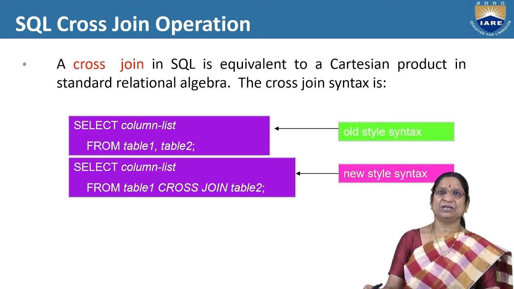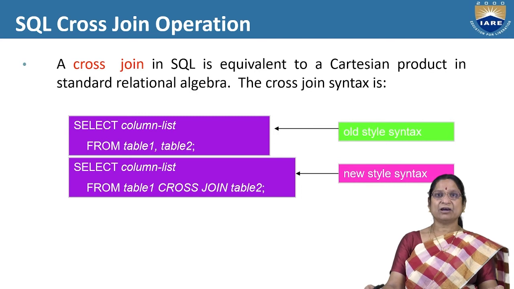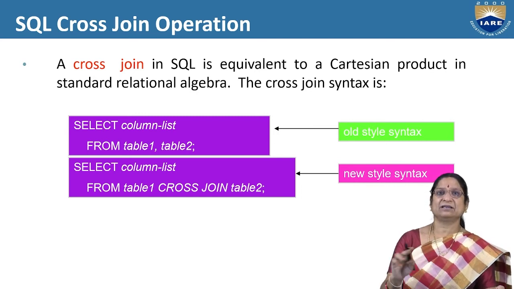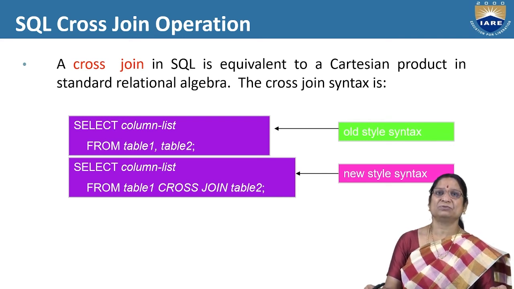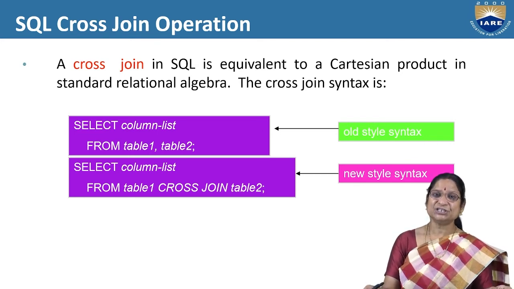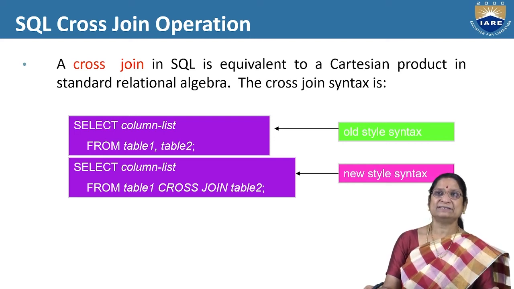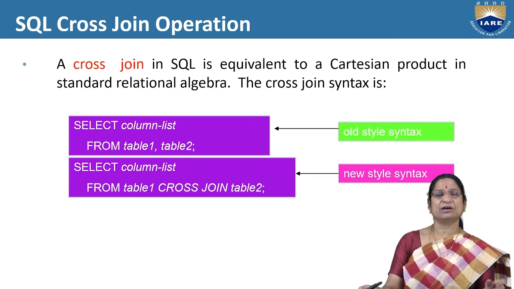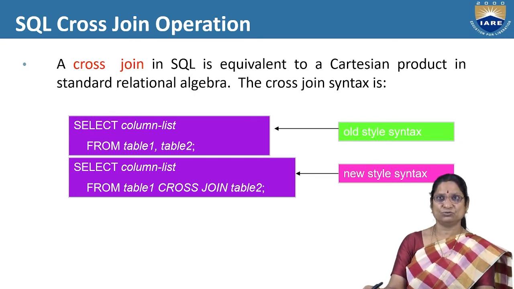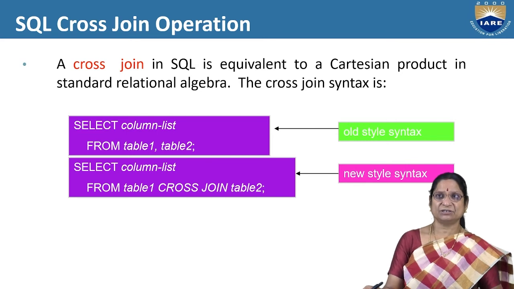Without a join condition also we can do. Already we discussed the Cartesian product in relational algebraic operations. Cartesian product means each row is connected with each row of the second table. So m rows of the first table and n rows of the second table means m times n rows we are going to get as an output when we are using Cartesian product. No filtration, all tuples are going to be retrieved. So a cross join in SQL is equivalent to Cartesian product. Cross join or Cartesian product, we can use either of these two.